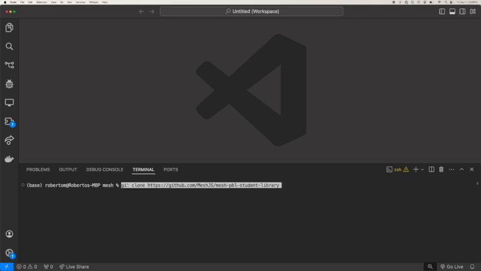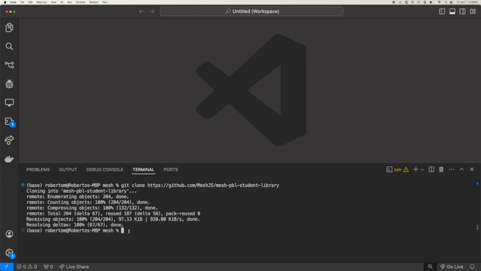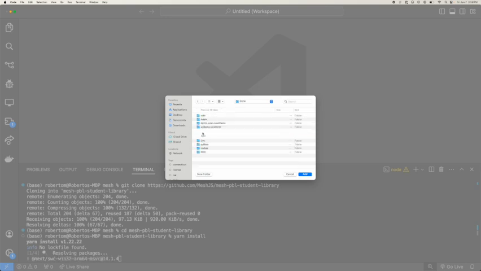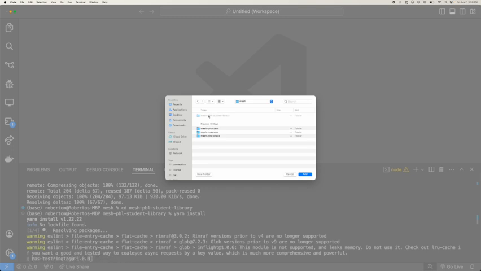So the first thing is to just clone the Mesh PBL student library repo into my computer. Just copy and pasting, then I'm just gonna cd into that folder that I just created by cloning that library. So PBL student library, and then I just need to run yarn or npm install, whatever you prefer. And while that is running, I'm just gonna add that folder to my workspace. So if I navigate to that folder in my computer, which is gonna finish